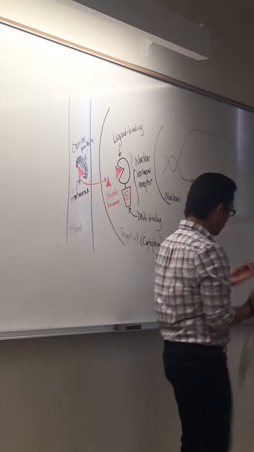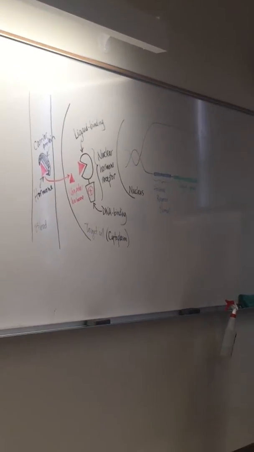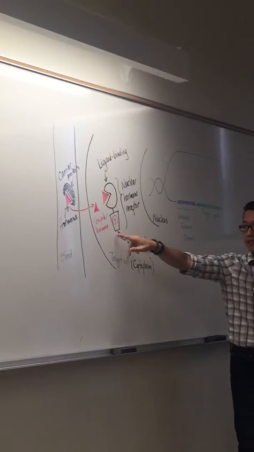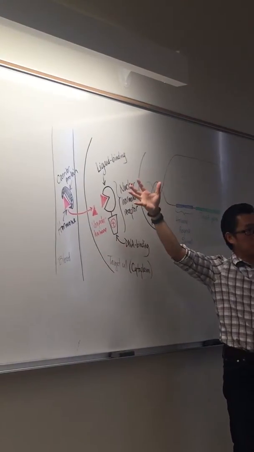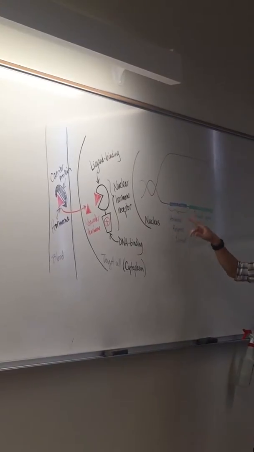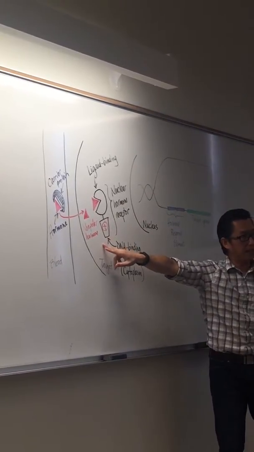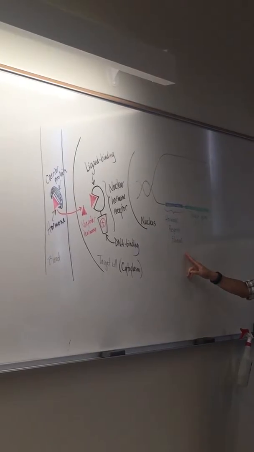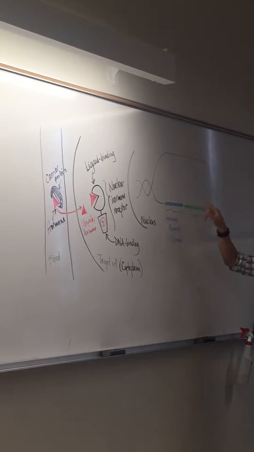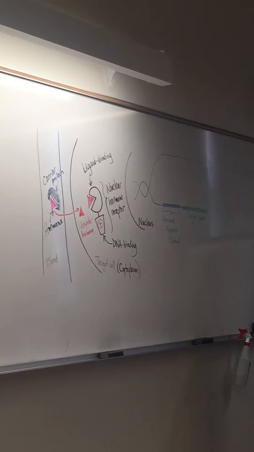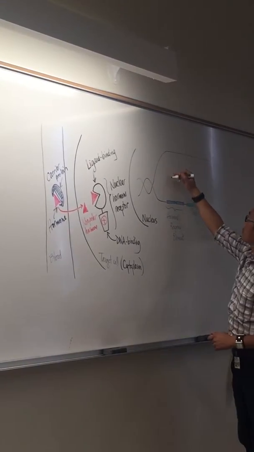Okay. So it moves into the nucleus, and what it does is it looks for specific binding sites on the DNA itself that will bind the DNA binding domain of this nuclear hormone receptor. And the binding site that is specific for this DNA binding domain is called the hormone response element, which is a couple of segments, a couple of bases on the DNA strand itself. Okay. So here